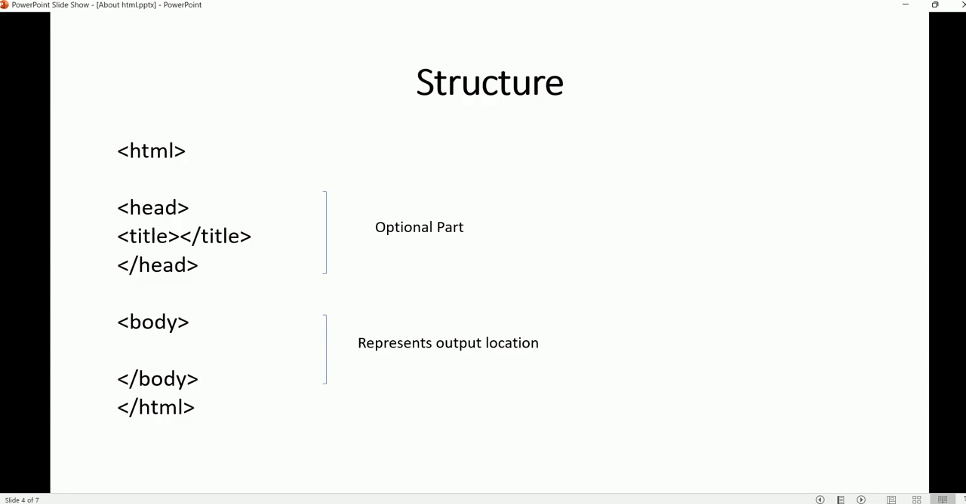What part or what particular tag represents the output location? So the answer is the body tag, which is the optional part. So the head tag is the optional part. Now why is it the optional part? Now you guys can explain, because